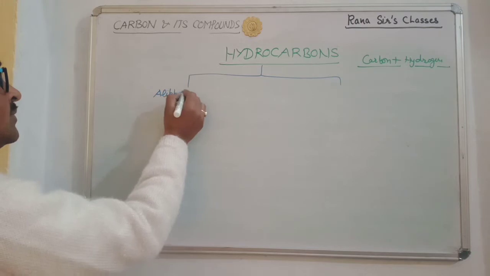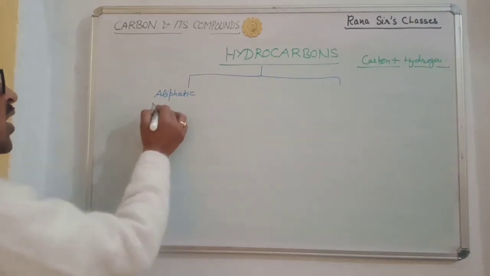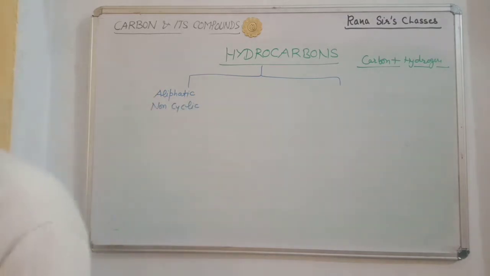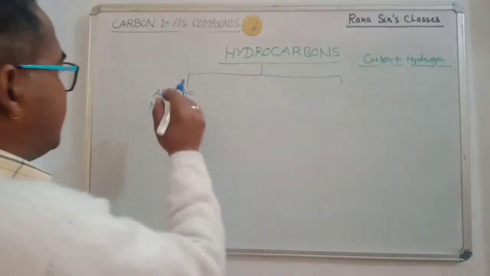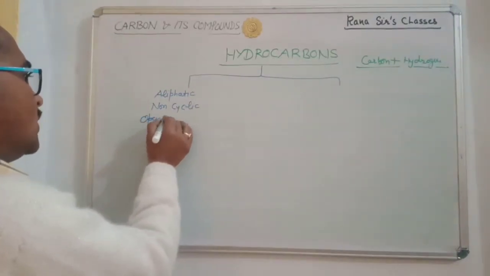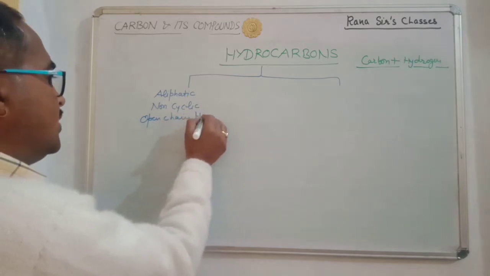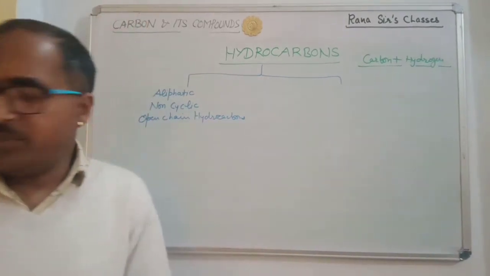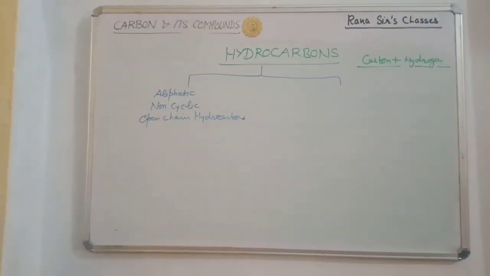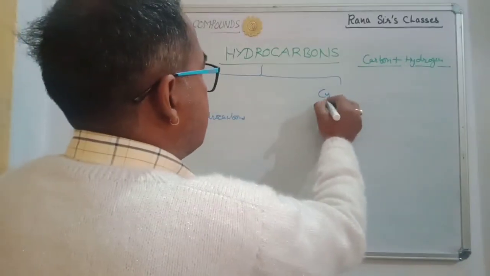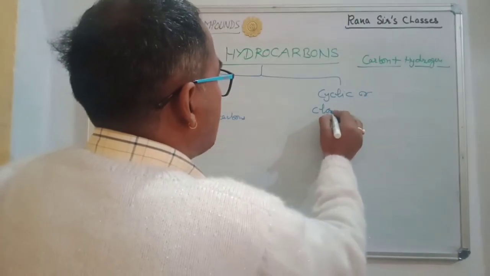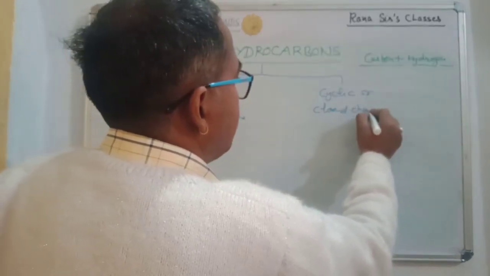or you can say non-cyclic hydrocarbons. Or you can also say open chain hydrocarbons. Second category will be opposite to it, so you can better understand: cyclic or closed chain